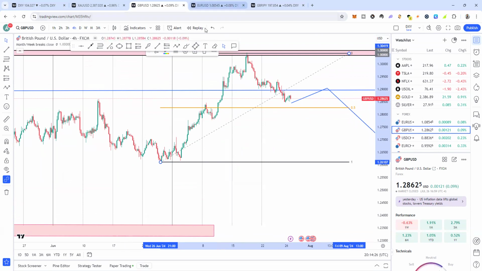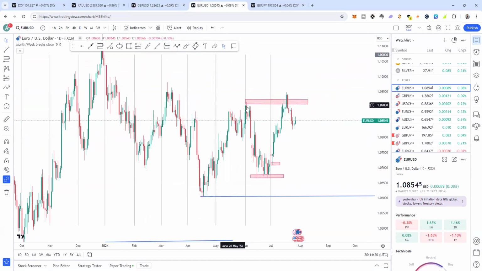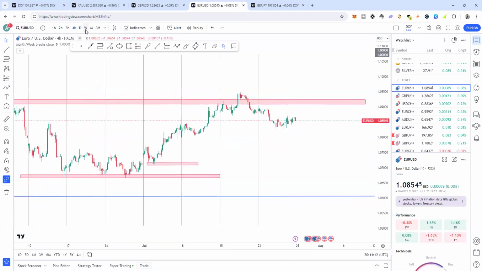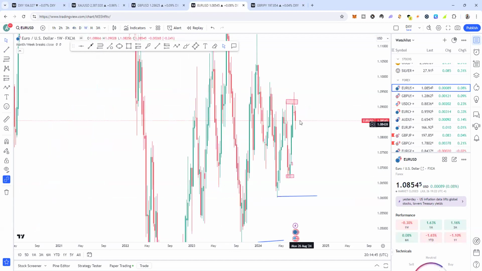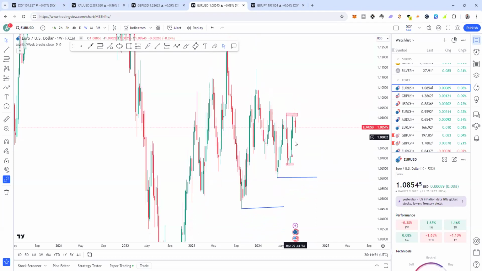All right. So let's see what EURUSD is doing. EURUSD as well is creating the same structure. We have already broken into this support. So I expect price to push further down to come and form a support before we continue to the upside. Moving forward, like I said, if you look at the weekly time frame for EURUSD, you see that we are bearish. So I'm expecting price to push further down before we continue to the upside.